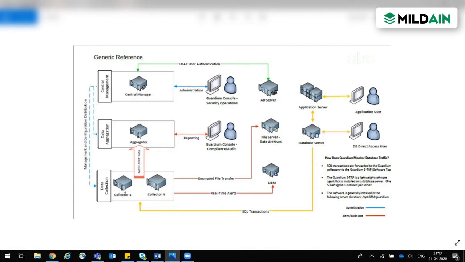So policy is the main component on the collector side, which decides what data we should capture, and what we would dump either on the database side or on the collector side. Once we have collected the data in the collectors, we move those data forward onto the aggregator. This is the second layer, or the second component, of the Guardian. The primary job of the aggregator is to collect data from the collectors.